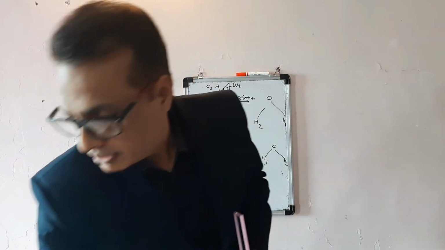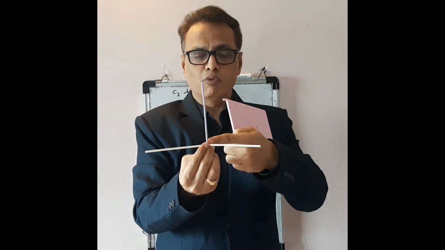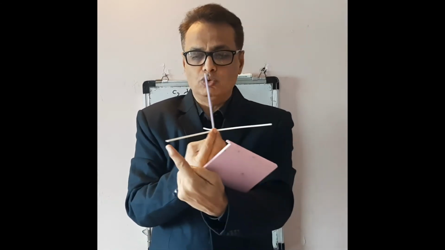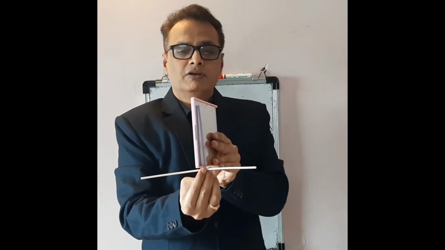Similarly, in BF3, boron trifluoride, there are three vertical planes. This is first vertical plane, boron is placed here, F1, F2 and F3. This is principal axis C3. This is first vertical plane which contains principal axis C3, and here F1 remains unchanged, but F2 would be reflected to F3 and F3 would be reflected to F2. This is second vertical plane and this is third vertical plane.